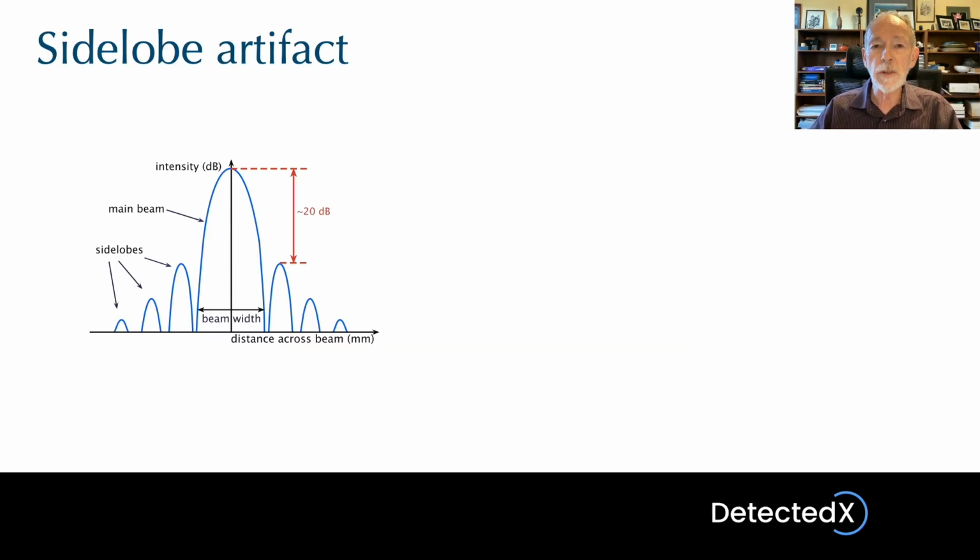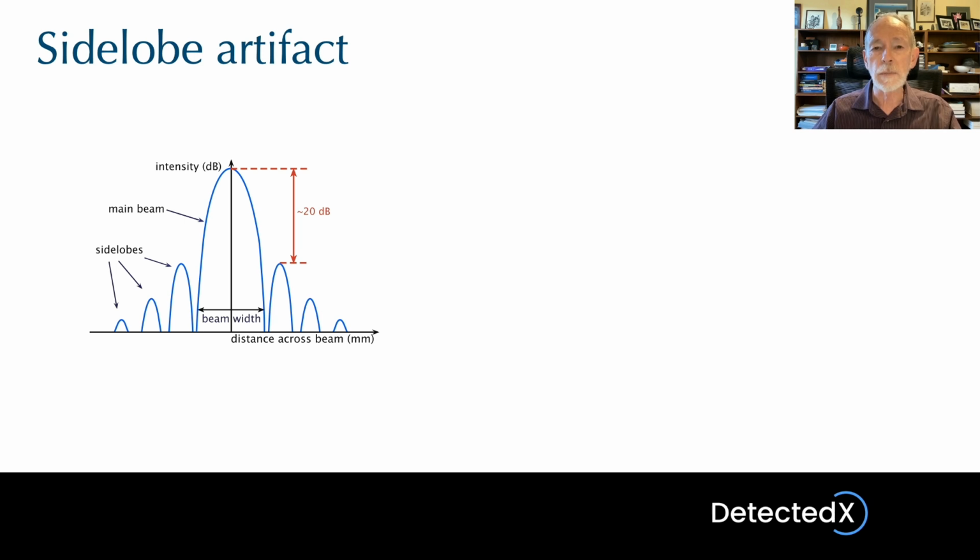Next, we'll look at the effect of side lobes. You may remember these are unwanted additional beams that are outside the main beam. The first side lobe either side of the main beam is the main concern since it's the strongest. And I mentioned before that it's approximately 20 decibels weaker than the main beam, which is a factor of 100 in terms of intensity. So it is significantly weaker, but it can produce artifacts,